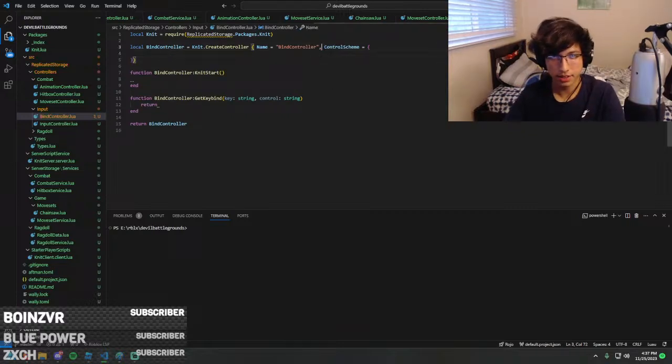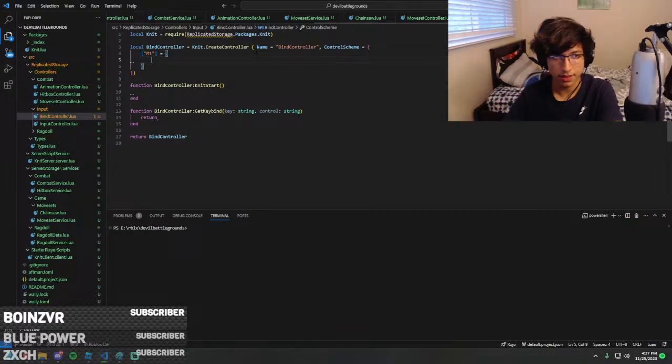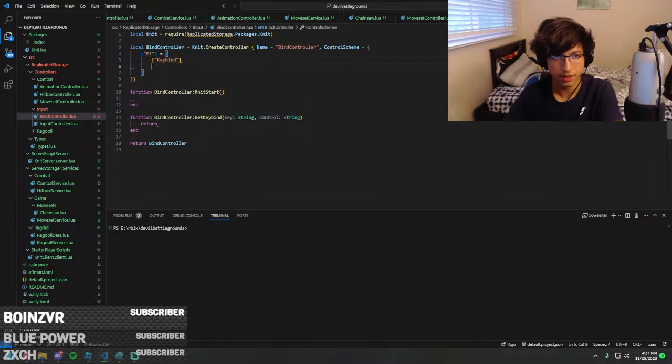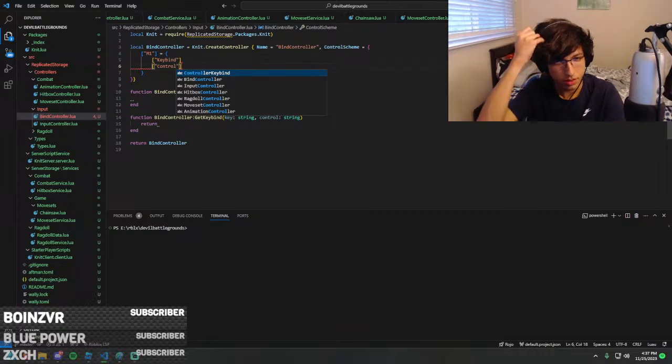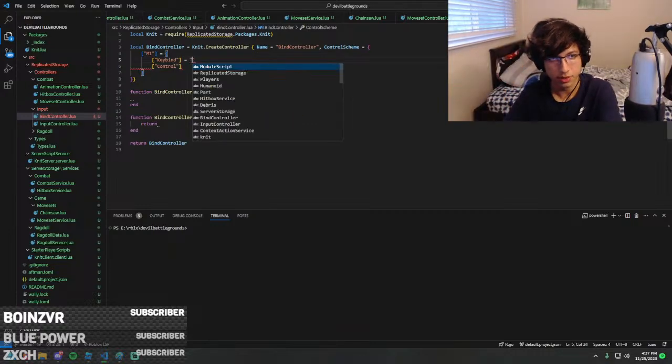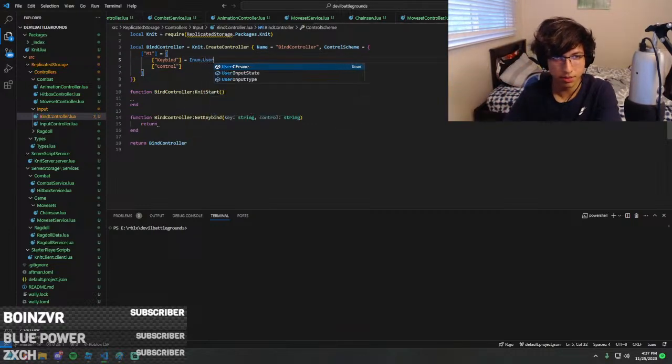Inside here, we can have M1, and then we could do key bind and control, and then this will be enum user input type mouse button 1 enum key code